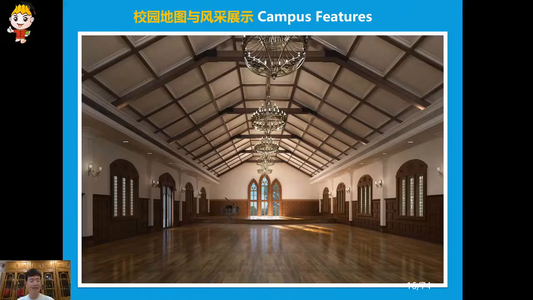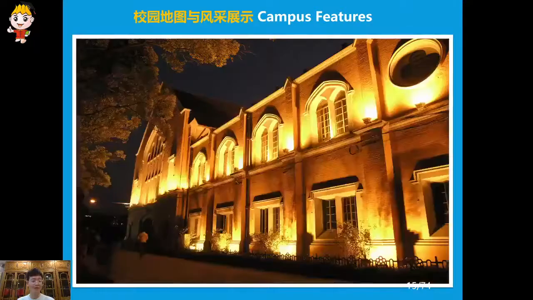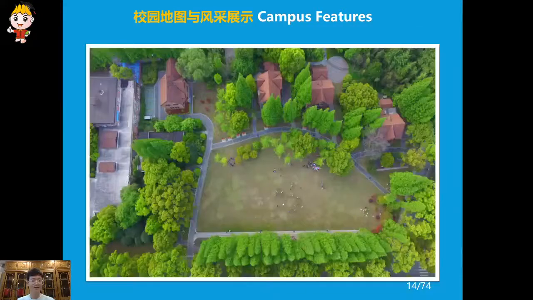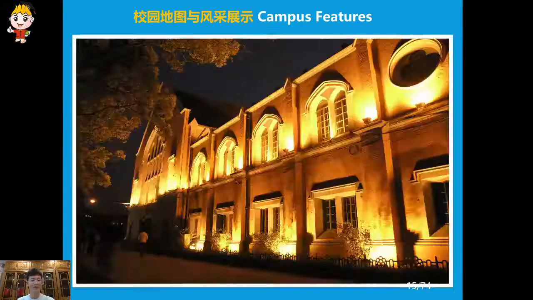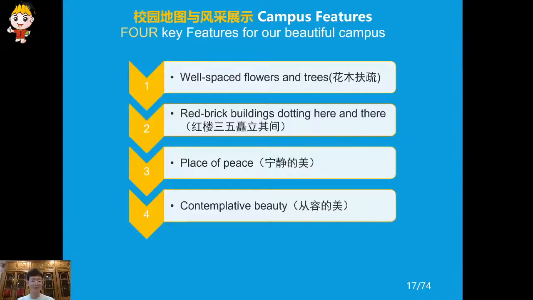And also the music hall as a building of the historical units of a tangible heritage. And also the perfect venue for all kinds of concerts on the campus. And this is really brilliant. And I've just covered 2 to 3 pictures on the North Campus. We can review. Okay, the first one, this is a campus map. Also, this is a best view. And also, this is a grand hall. This is the music hall. And 4 keywords illustrated for our beautiful campus here.